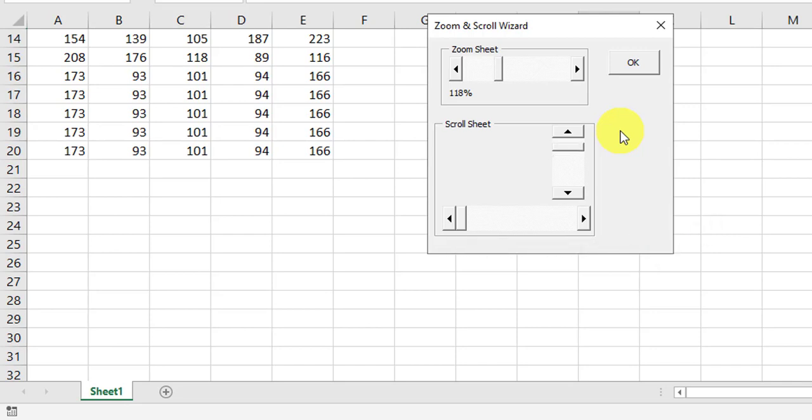The last step in this wizard creation is to exit the user form. That is, when all the changes are done according to the user requirement, user form should be closed. We have already placed a button to exit the user form, but currently there are no macros attached to it. We will use this button to close the wizard. So the requirement here is that when the user clicks on this OK button, the wizard must close.